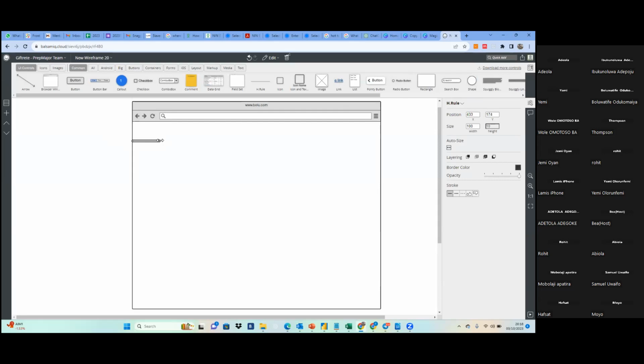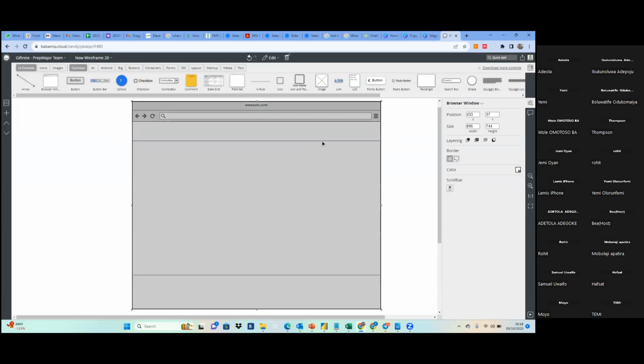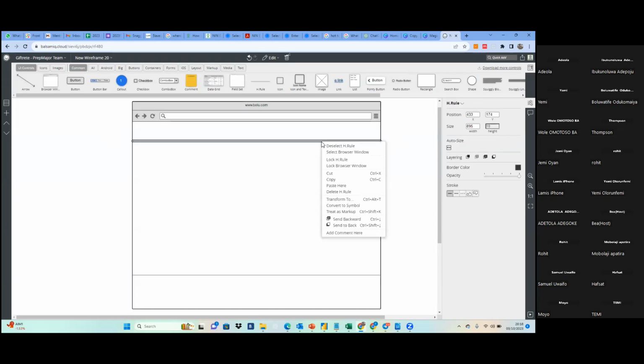And then I use it to divide the header. And then because I like to work very fast, I can duplicate this. So you can Control D on your keyboard or right click on it and duplicate. So you can click on the line, right click